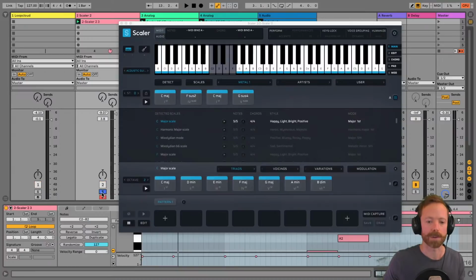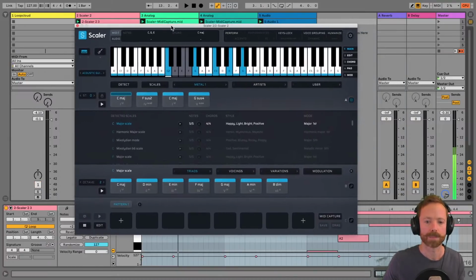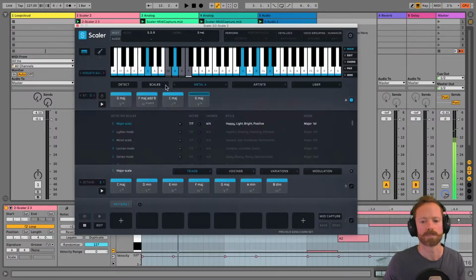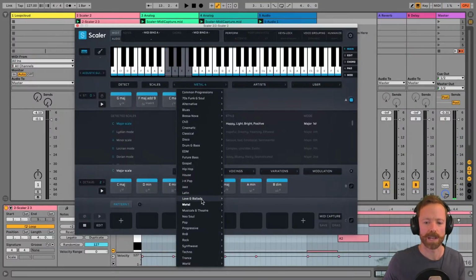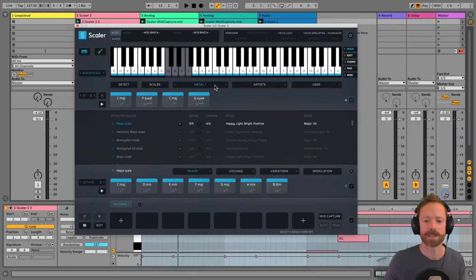Let's put it back in record, hit solo. So tons of different classic metal sequences. If you're creating a soft ballad, you might get away with an acoustic guitar sound, but really you want to play a seriously distorted guitar with these because it sounds amazing.